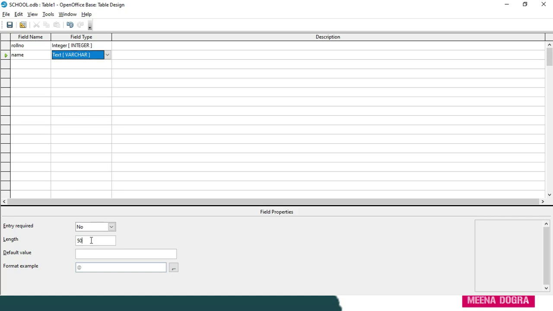Here there is a length property. I will give a dedicated video on field properties very soon. Here you can see the length is 50 by default, but I can change it. I can set it to, suppose, 30. I can change it to 30, since I estimate my longest name to be 30.